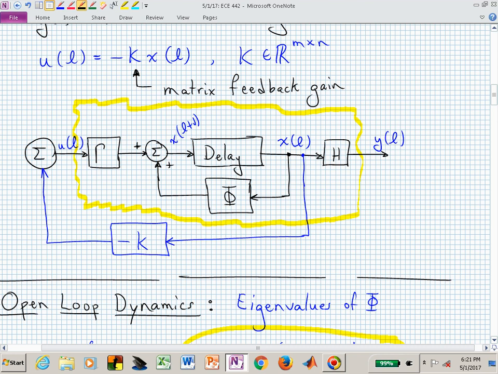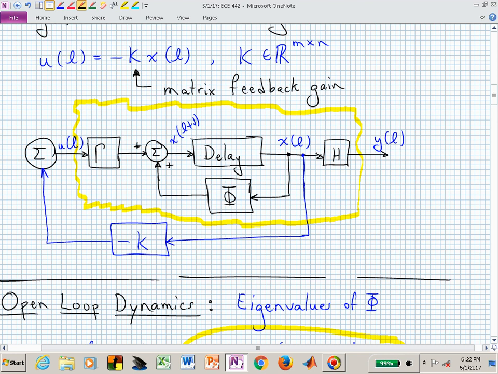We are sneaking in to this system. This is our hand in the cookie jar. Our hand is going in and grabbing every one of the state variables. Before, what did we grab? We just had one maybe output signal to use, and we were feeding that back. Now what are we doing? We're assuming that we can go in ahead of the output matrix and access all of the state variables. The position, the velocity, the voltage, the current, the temperature, the pressure, and collecting those values at each time step